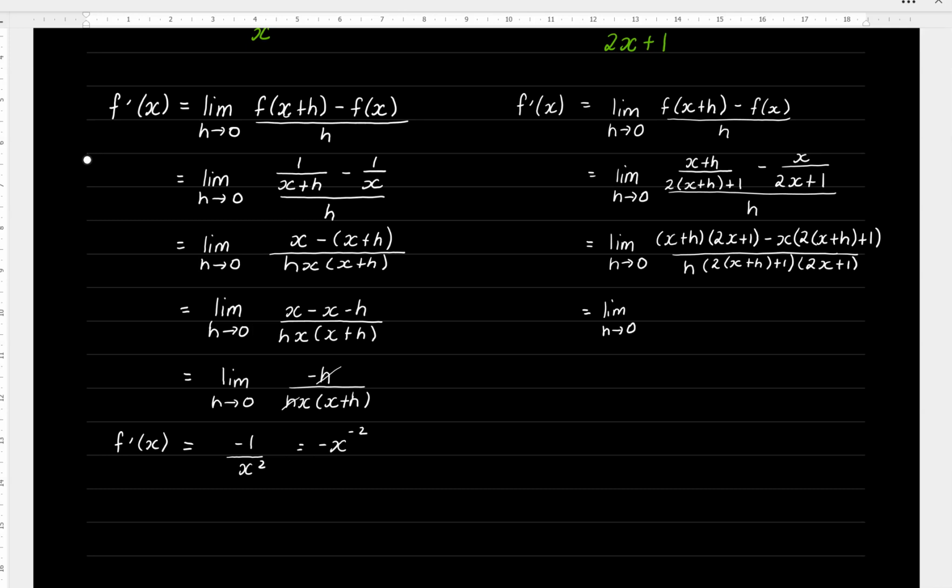And so when I expand, all the stuff that doesn't have an h disappears. So expand the top bracket, and we've got 2x squared. Not confident this is all going to fit on this one line, but anyway, we proceed. Plus 2xh plus h minus, now, let's see this. 2 times x is 2x, but I'm timesing it by x, so that's going to be 2x squared, so plus 2xh and plus x all over